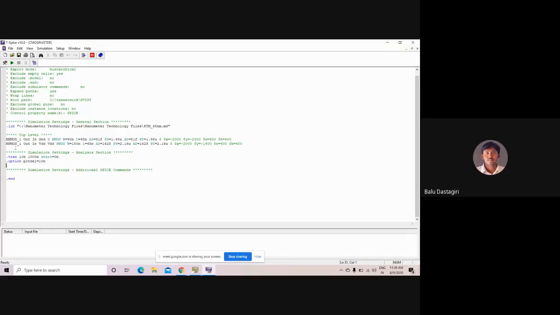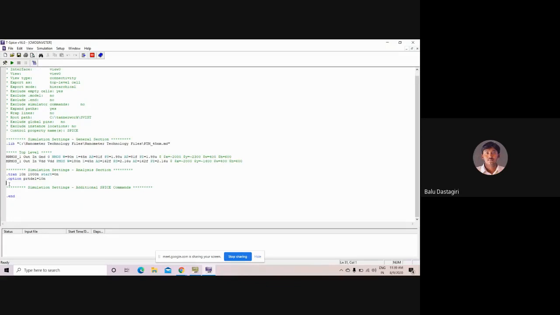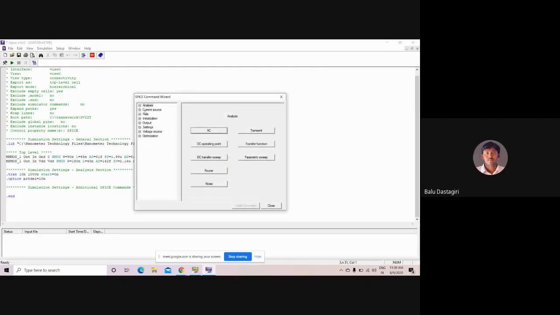So this is what is shown in the SPICE code here. Next, there are the input port as well as the output port, and we have to make sure we print these. In order to print the input and output node voltages, I have to add a command known as print voltage. Now here, insert command is a tab. In the tab there is an insert command. So click on the insert command.